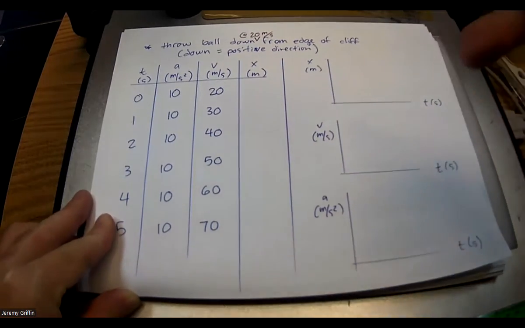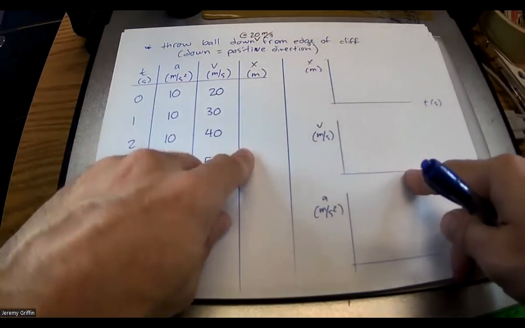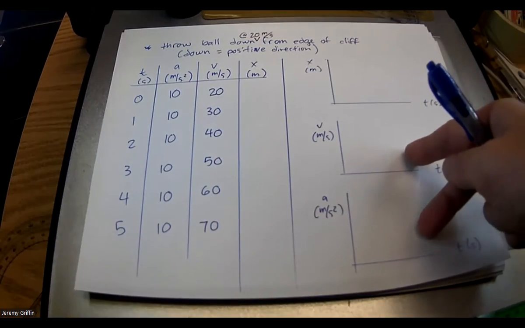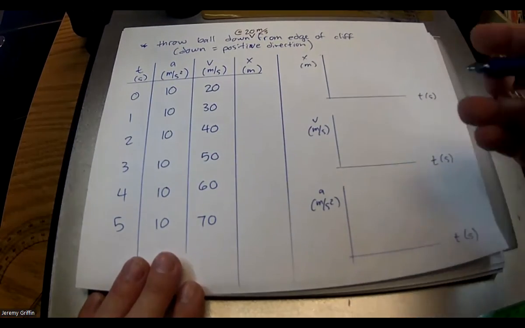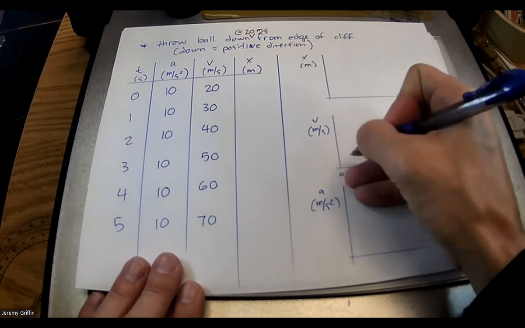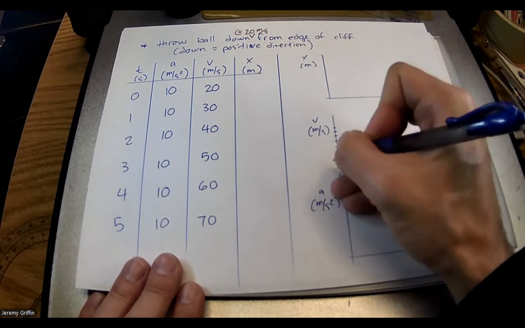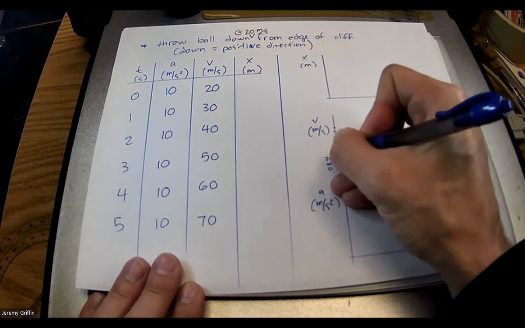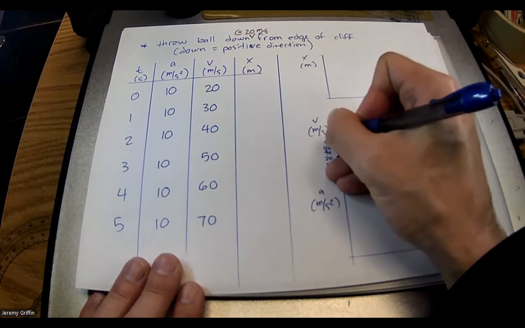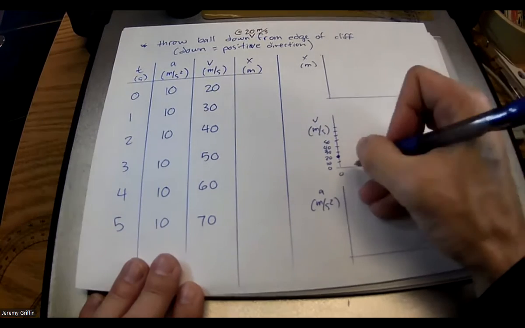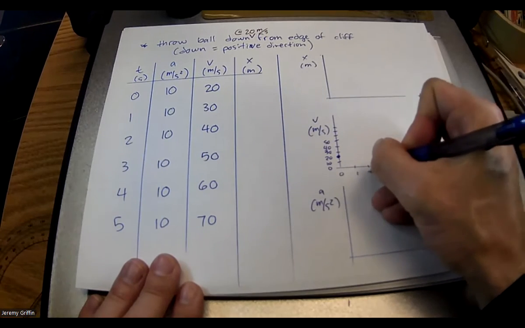Well, let's do this. Let's knock out these graphs and we'll go back and worry about displacement later, because that's the weird problem, right? So I wonder what this graph is going to look like. Can you guys envision what this graph is going to look like before I start plotting points? At time 0, it's got 10, 20, 30, 40, 50, 60, 70. Let's go time 1, 2, 3, 4, 5